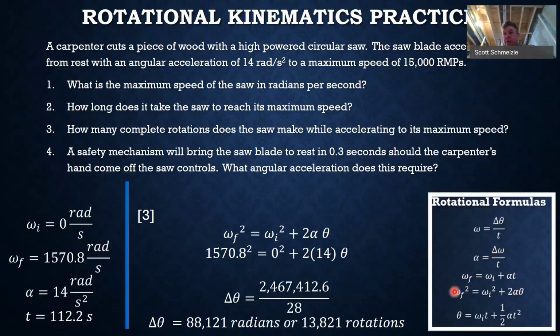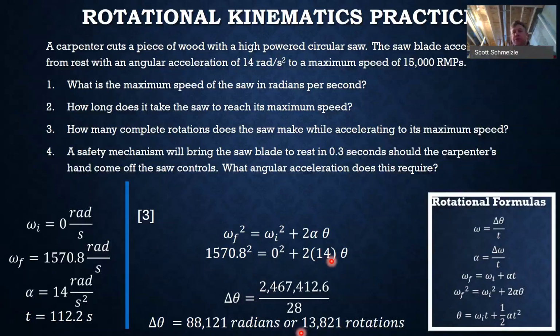So we could use the fourth one or we could use the fifth one. Just so that you're aware, I used the fourth one, but I also tried out the fifth one and it does work. All right. So we put in our final angular velocity there at 1570. Initial is 0, 2 times our acceleration. All right. 1570.8 squared is